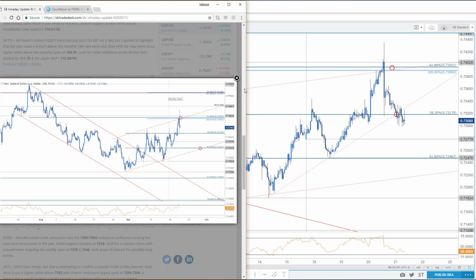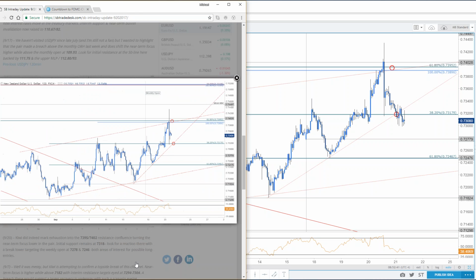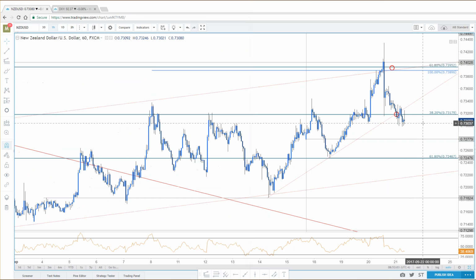So there's the whiplash. Again, we look back at the 120-minute chart last night. We highlighted that 73.18 zone is just a basic trend line, as well as a very basic 38.2 retracement. So here it is. I don't like this kind of break, and it's not really giving us too much conviction. And even on this near-term chart, you're seeing some divergence in price as we make a lower low and the oscillator holds those lows. So you could see some kickback here.